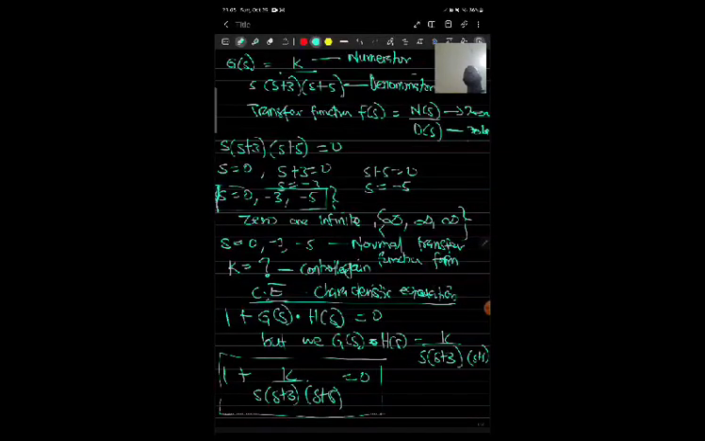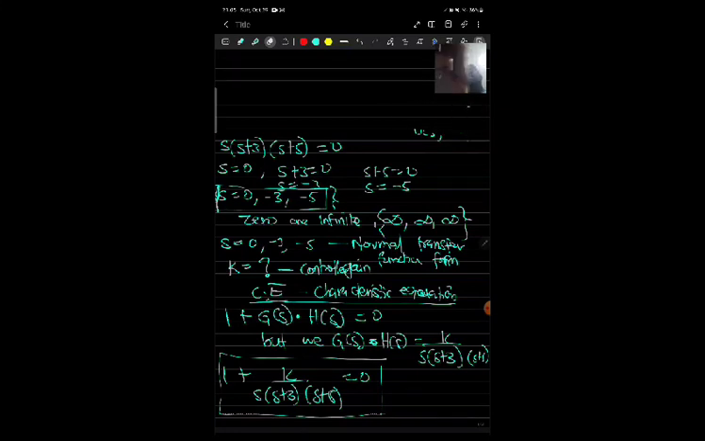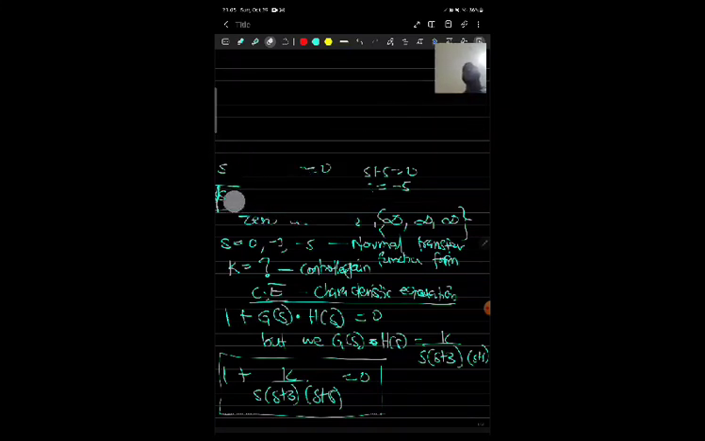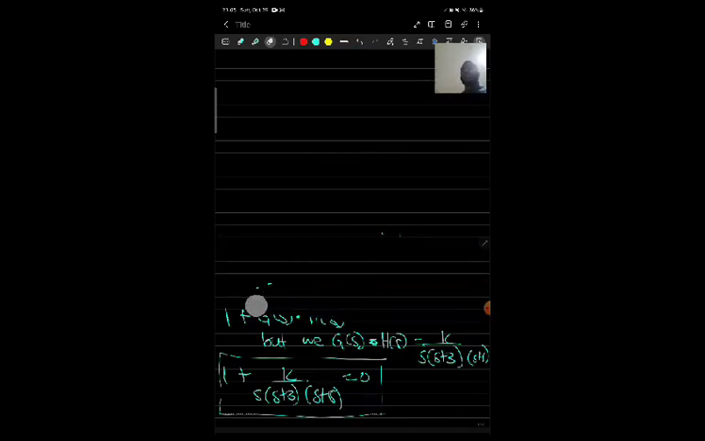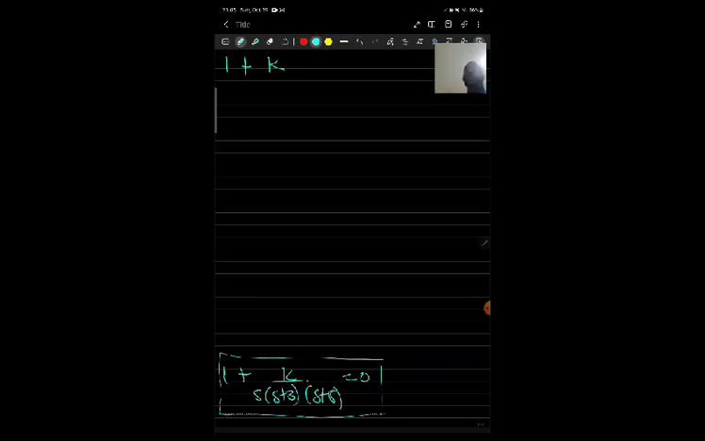Okay. Very easy. So let me get this done. I'm leaving this here for reference so that we can jot it down and take note of it. So let's go back to this. Since we have 1 plus k over s(s+3)(s+5), which is equal to 0, so we can say here,